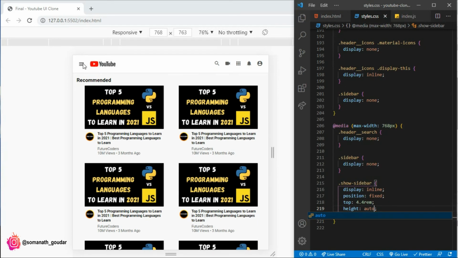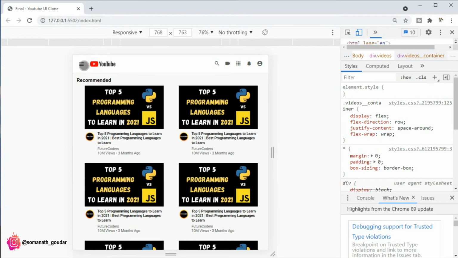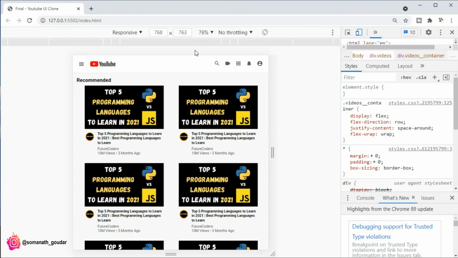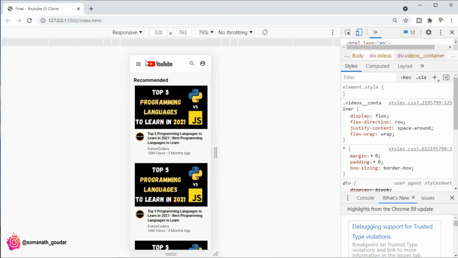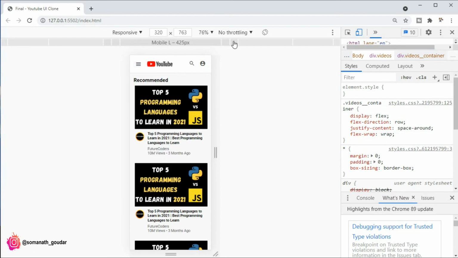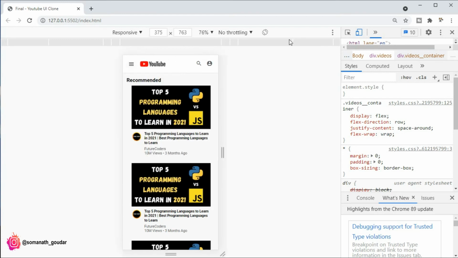Now when I click on it, as you can see, it looks a little bit nice, right? Okay, let's leave it like that. Let's also check in the mobile small screen. As you can see, it's looking pretty nice, right? That's great.